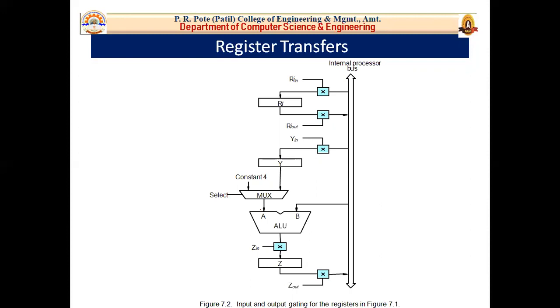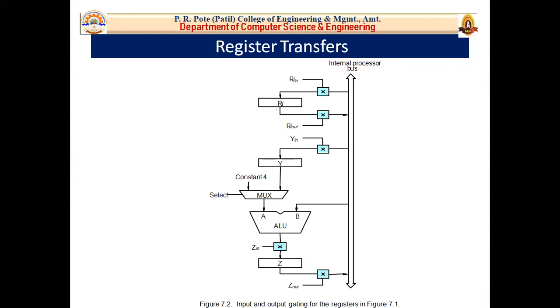So for each register, there are two control signals. Now we know that in register transfer addressing mode, data is transferred from one register to another register. So to transfer data from one register to another, we have two control signals. That means these two control signals are used to place the contents of that register on the bus or to load the data on the bus into the register. So the input and output of a register.